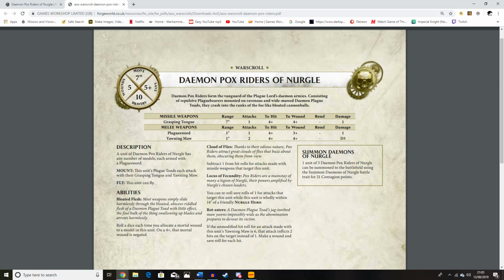I'm going to say no in a Maggotkin of Nurgle army, personally, just because there's better things you can take. 160 points, that's a lot of points now. There's a lot better things you can take for that. Within that army as well, the army is so big as it is. So many options. In a Tamurkhan Horde army, do I think they're worth it? Again, I think there's better units than the Demon Pox Riders of Nurgle, in all honesty. But then again, like I say, if you want to go for a theme of it,